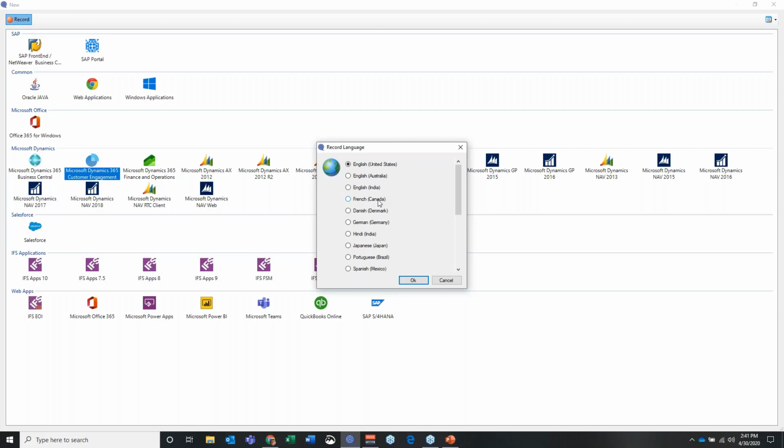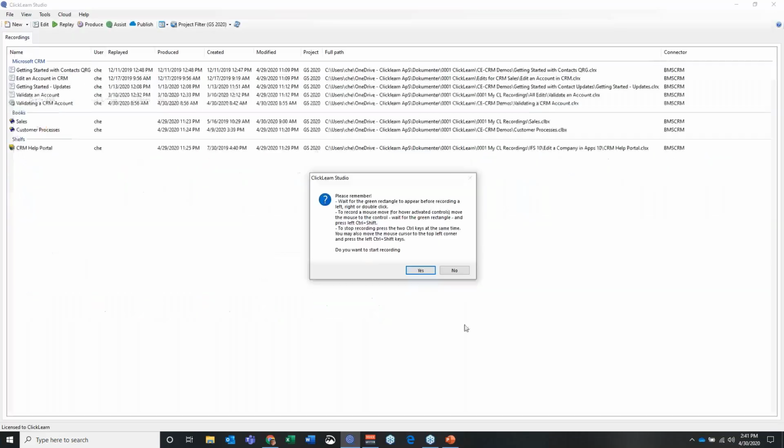We have 140 different dialects, both male and female. I think we have as many as 8 or 10 of English. So as you could see, I have several of them. I've got the US English, Australian English, Indian English. So we have a variety of dialects as well within certain languages. I'm going to stay with our English US, and when I say OK here, ClickLearn is now giving me just